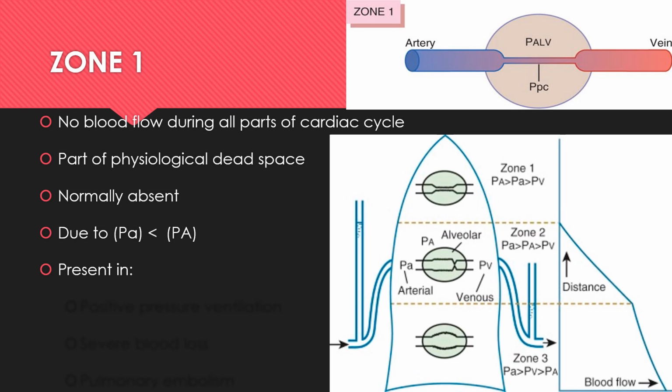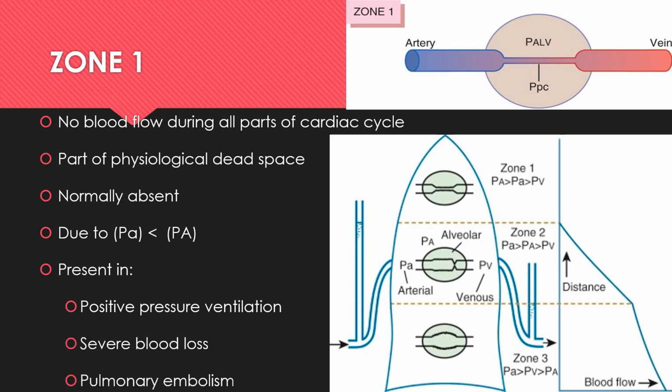When the alveolar pressure is too high, for example, in case of severe obstructive lung disease, there will be more alveolar pressure. This makes the blood flow stop. And in case of severe blood loss,